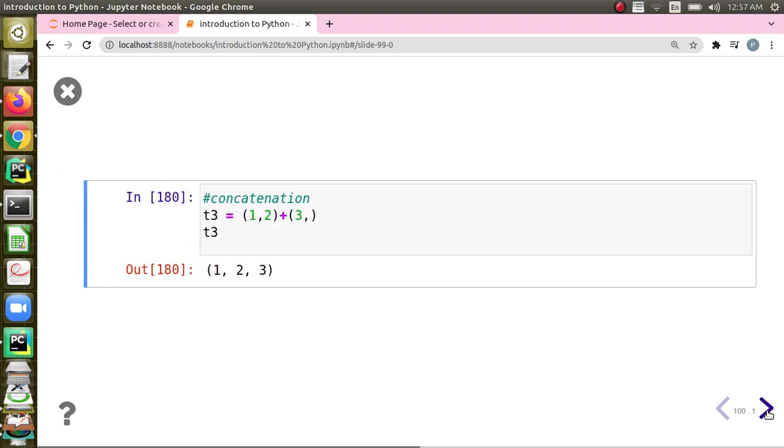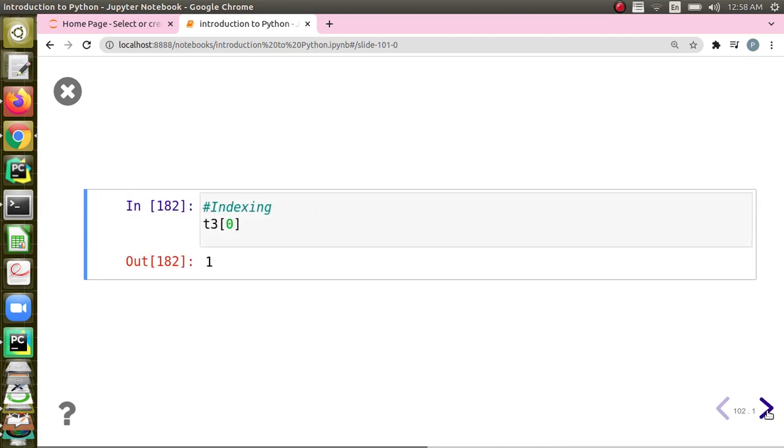And concatenation is through plus, and for repetition star, and indexing is possible. To know the first element, we will give 0, and slicing is also possible, right? This is the start value, stop value. Here I have not given step. You can also give step. There is no difference. And you can use the sorted function. You cannot use dot sort because it's an immutable structure. But the global function can be used. If you sort it, it will arrange the elements in ascending order and return a list. You have to observe that it is returning a list, not a tuple.